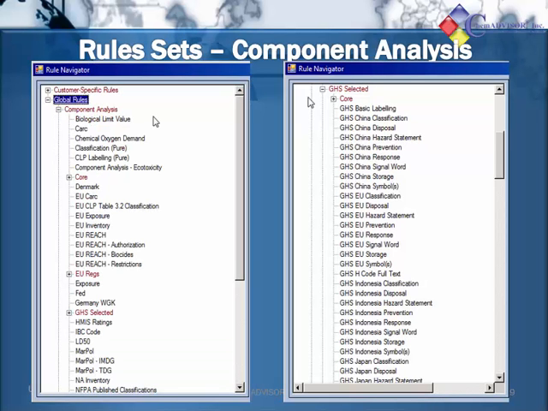Now, here you're going to see examples of some of the rules that are present. Again, some of these are the lookup type rules based on the component information from the regulatory database, but the GHS selected rules here on the right populate phrase text in section 2 based on the classification rule results. So this is a section where, based on the results you have for a particular classification, it's now going to go and pull in appropriate phrases for you. Not only phrases, but also symbols. So you'll get your pictograms, signal words, the hazard and precautionary phrases that are required for each of the products